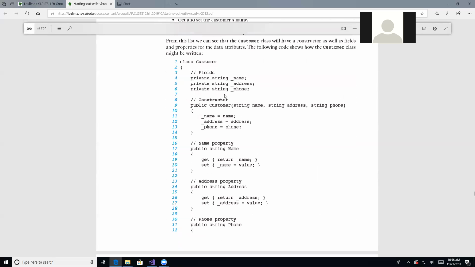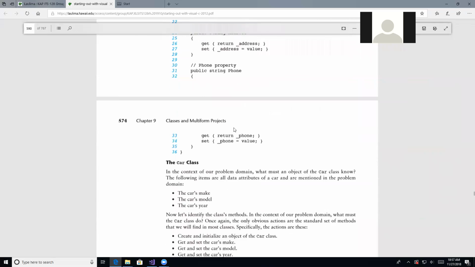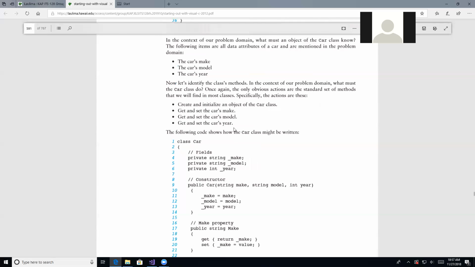And then here we continue on and describe the components of a class, and we have private fields, and we have this constructor here, which is what you use to create a new object of that class type. And then these are the class members, and members can be properties, and they can also be methods. Okay, so